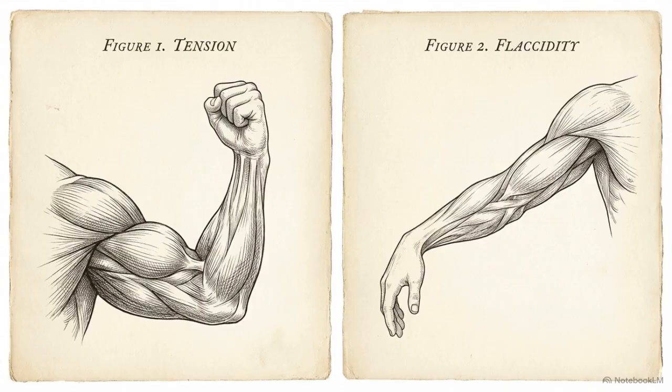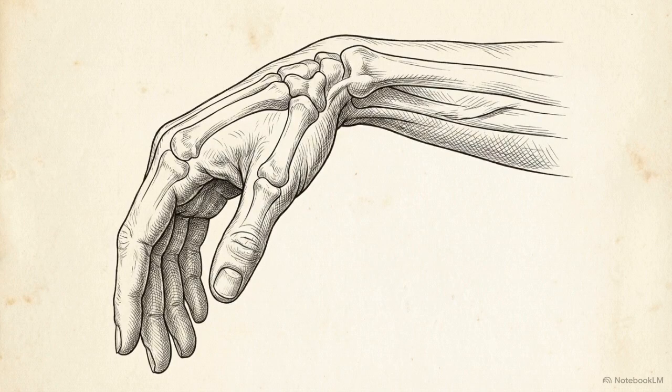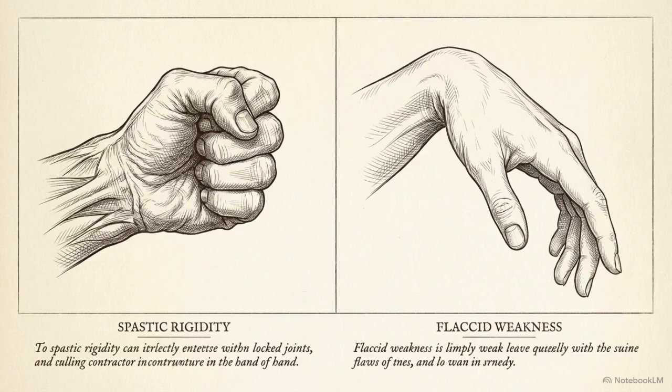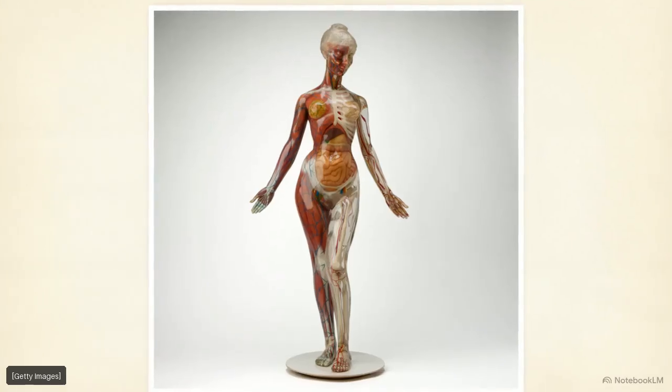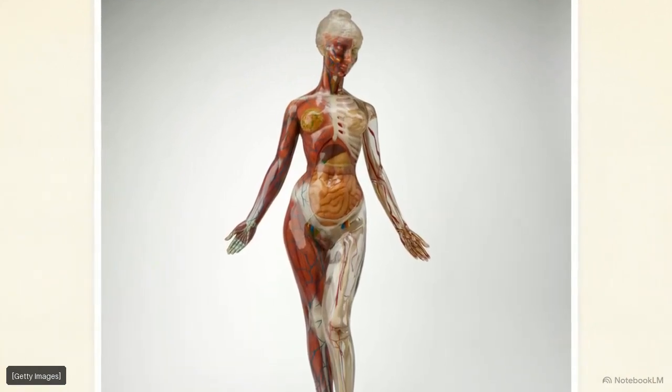Despite all causing muscle weakness, MNDs present with contradictory physical signs. Some patients become locked in severe spastic rigidity, while others develop a profound flaccid paralysis. To understand why the same category of disease produces such opposing symptoms, we have to map these conditions directly to their specific anatomical points of failure within the motor axis.